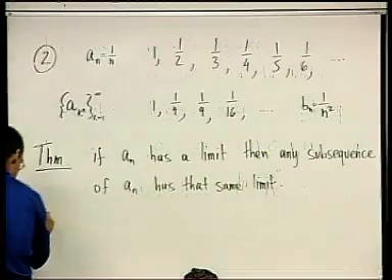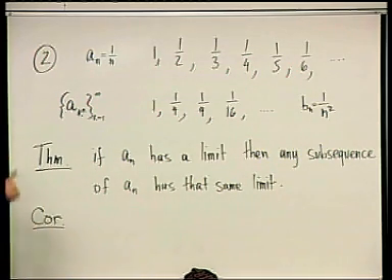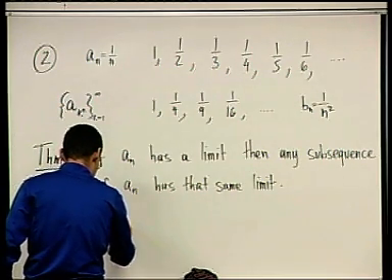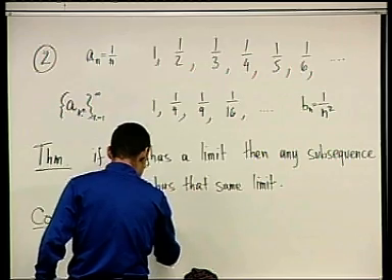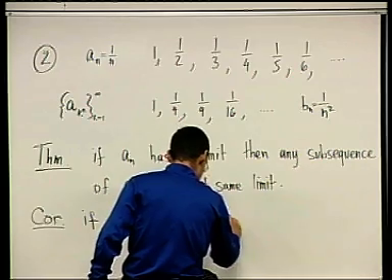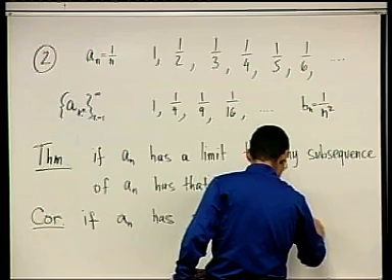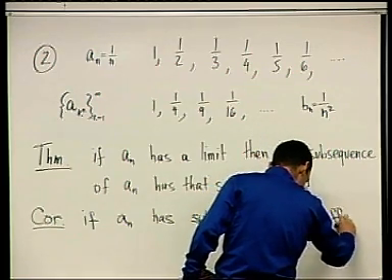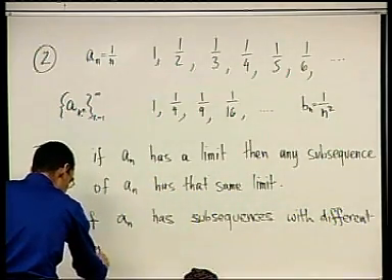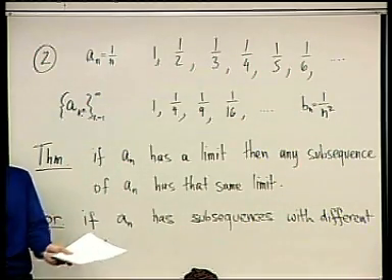So a corollary of this, do you know the word corollary? A consequence of this theorem is that if an has subsequences with different limits, if you take a sequence, like in example 1, and you find two subsequences that have different limits,